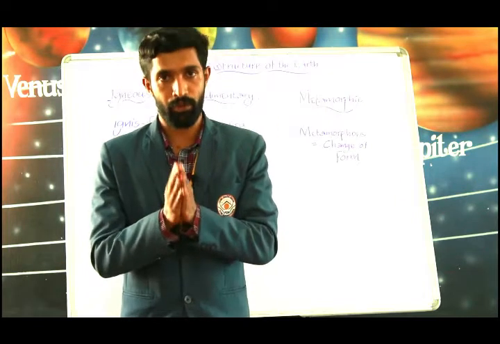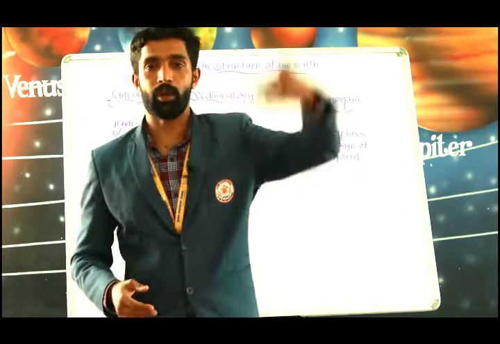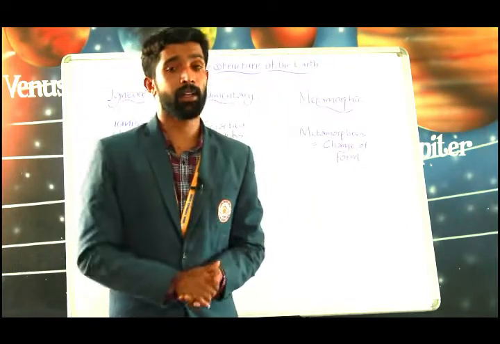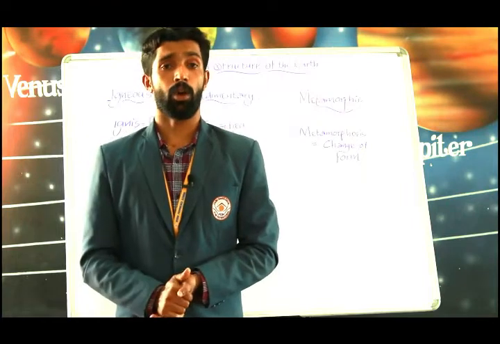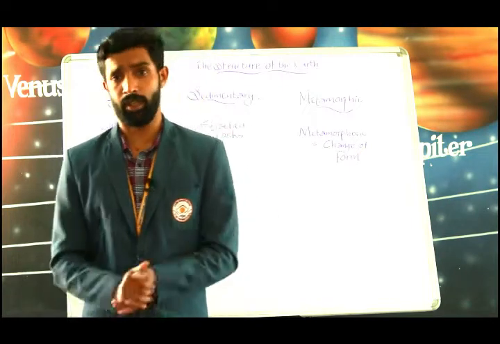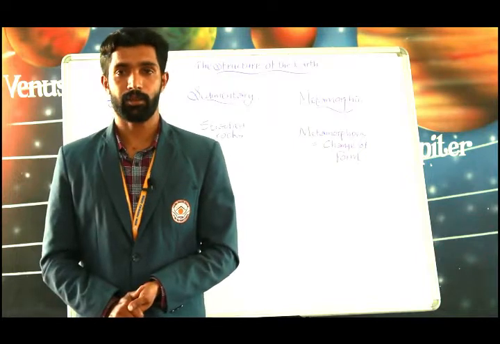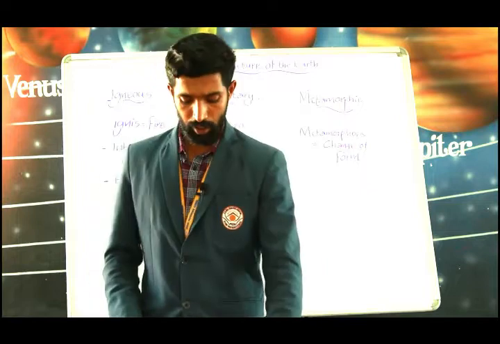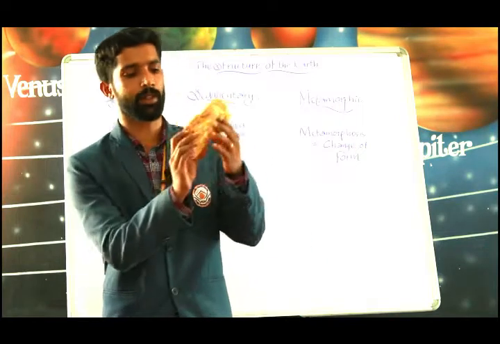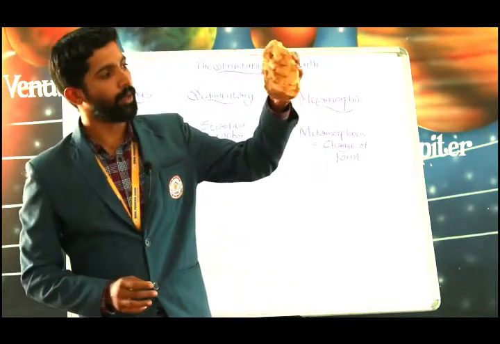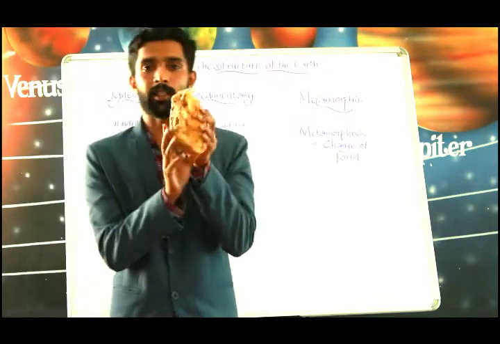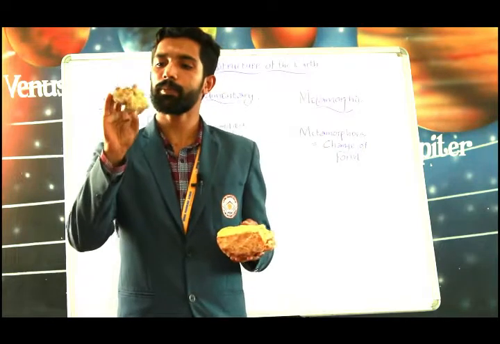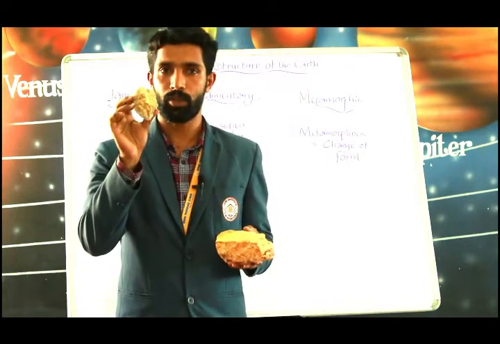So metamorphic rock is made up of sedimentary or igneous rocks. The change may occur as a result of volcanic eruption or simply due to the heat and the pressure deep inside the earth. Marble and slate are the best examples of metamorphic rocks. See, I'll show you a few. Metamorphism is happening on these rocks. So it's changing its shape and changing its components. So all these are metamorphic rocks.